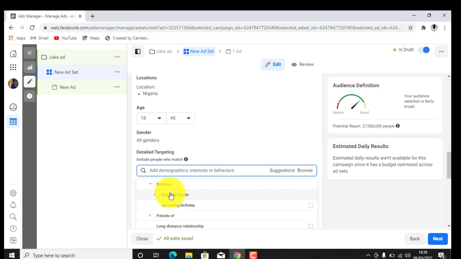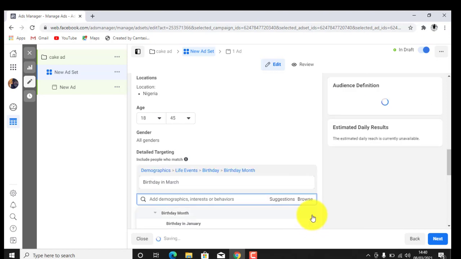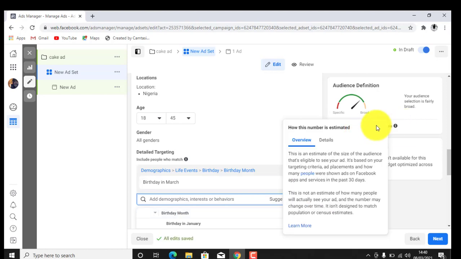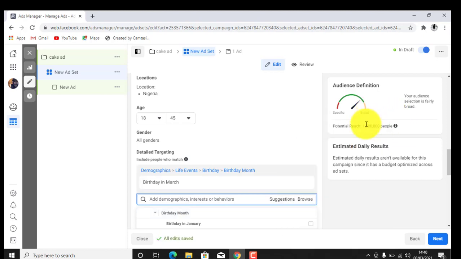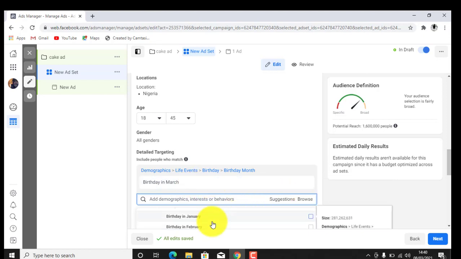Okay, birthday month. Let's say you target those in, we're in March now, right? Those in March. You click March, you'll be targeting 170,000 people. Now if you observe, it has reduced to 1.6 million people. So since you want to sell cake, isn't it, target those having birthdays in March. But if you feel you want this ad to run for so long, not to target only those in March, then you can just